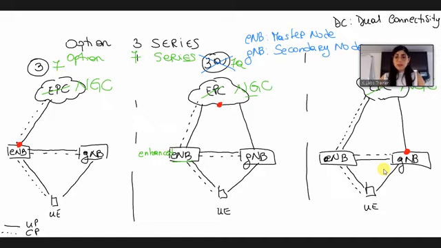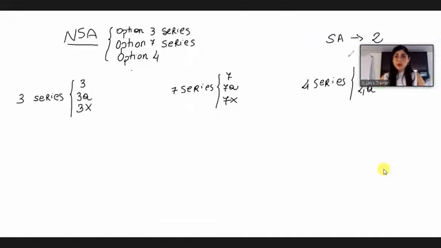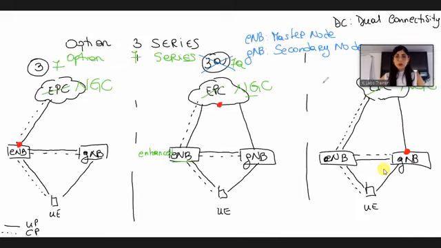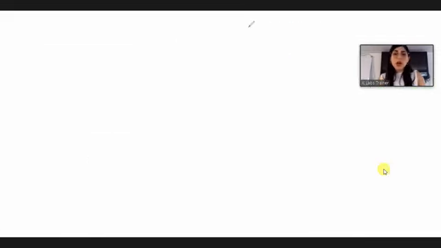So we also talked about option 4, and we said we have option 4 and option 4A. So we are going to see the structure of option 4. In option 4, we have option 4 and option 4A.